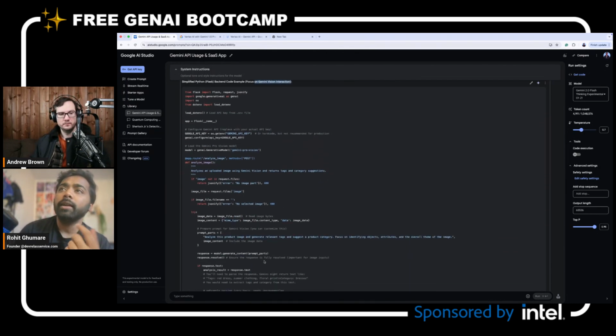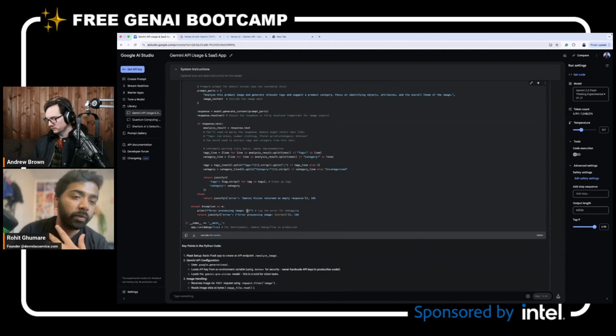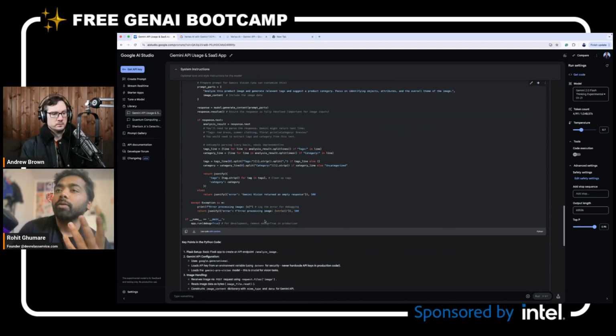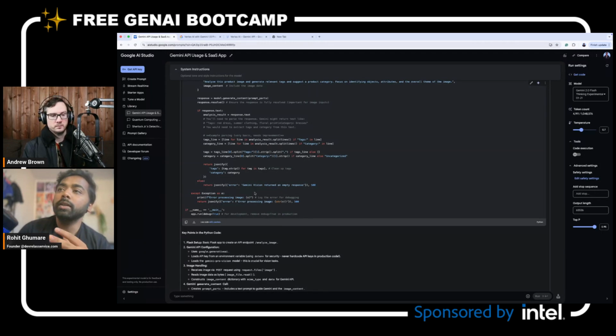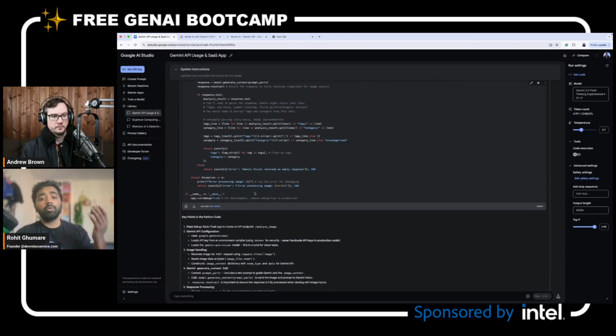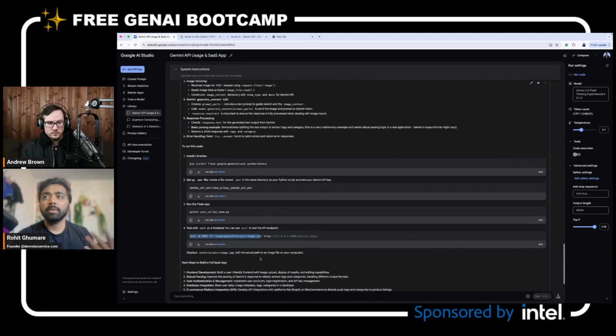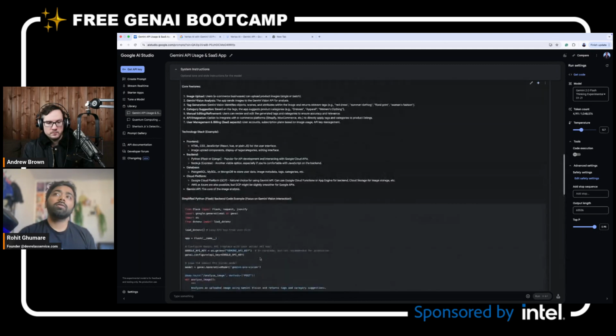Similarly, it provided me the entire code which I can just take to VS Code, or let's say Cursor or Windsurf or whatever you use. So you can use it, you can try it. Initially it will give you errors for sure. Sometimes it is the best. But try it and use Cursor to make changes. You have AI there, and it also gives you the entire steps of how you can try it. So that's how I will use the Gemini API if I want to create from the start.